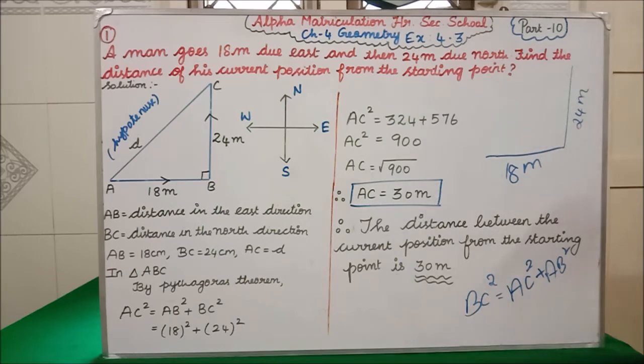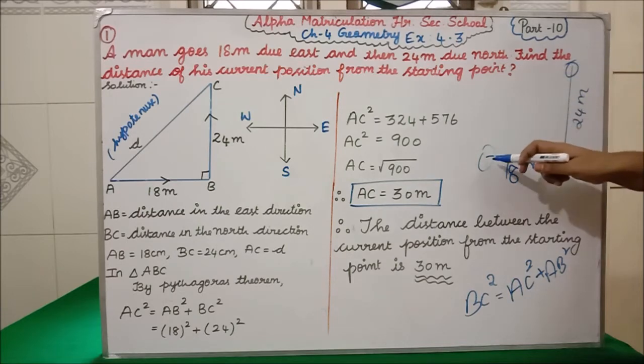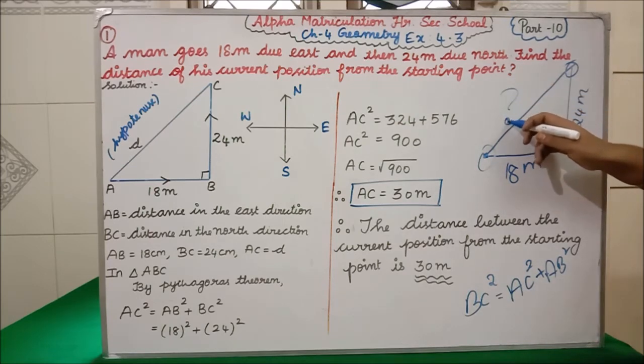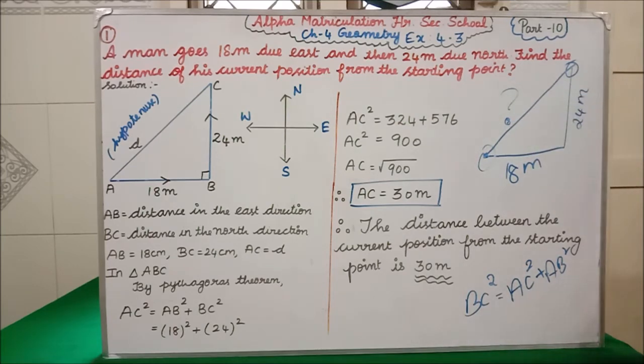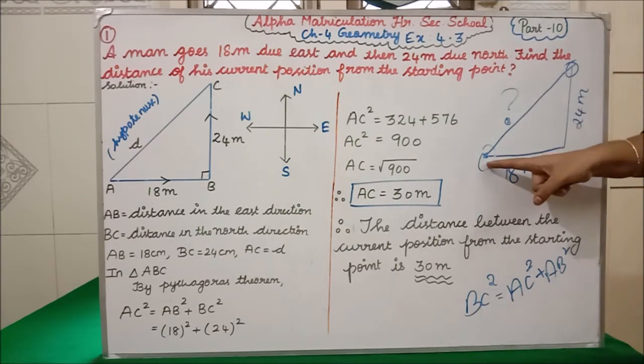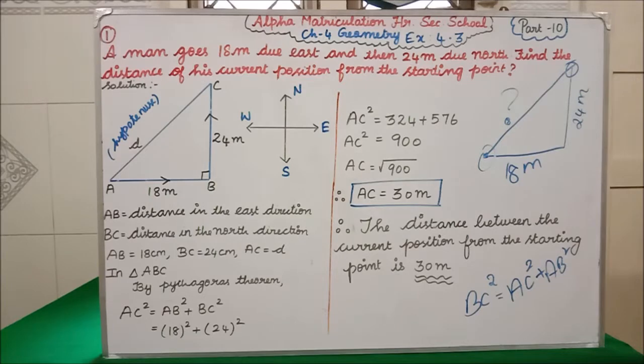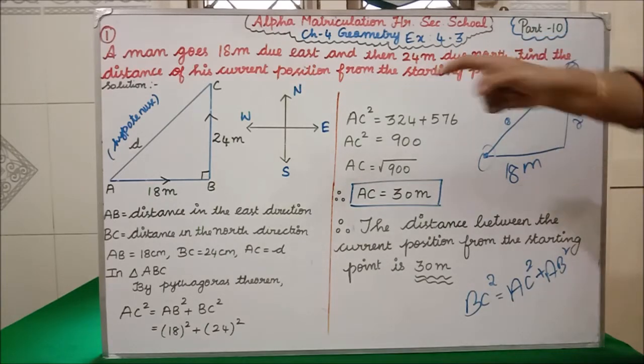Find the distance of his current position from the starting point. Okay, where he has started? He has started here. Now where is he? Here. So they were asking from the starting point, what is the distance of his current position they were asking, which means we want to find this side. Clear, all of you able to understand this question? From the distance of his current position. Now in current position where is he standing? He is standing here. From the starting point means from here only he has started, no? So here to here this distance we want to find. Clear all of you? See the same diagram I have drawn there fair.